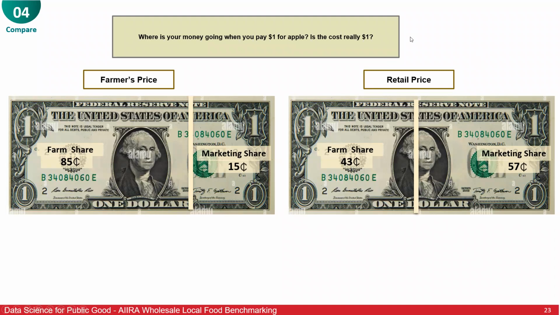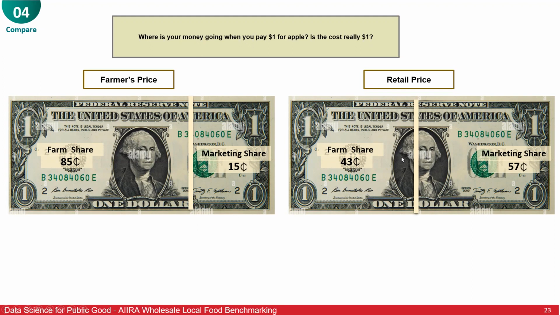Now, the next series of graphs, which we did for all 5 commodities, demonstrates the percent market share for farmers versus retail, like farmer's price versus retail price. On the left, you can see when you buy direct to consumer, the farmer gets 85 cents and has less to spend on marketing, which is 15 cents.